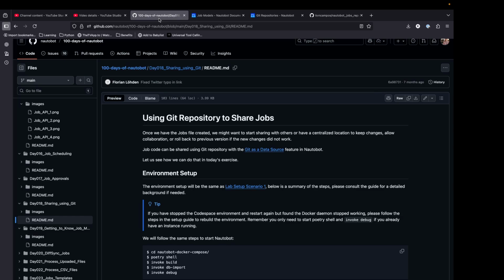Back to day number 18. We're going to go over sharing jobs using Git. Essentially, sometimes you don't want to have your jobs dependent on a specific custom plugin. Sometimes you want to have one place that you can collaborate with your team or your organization, and